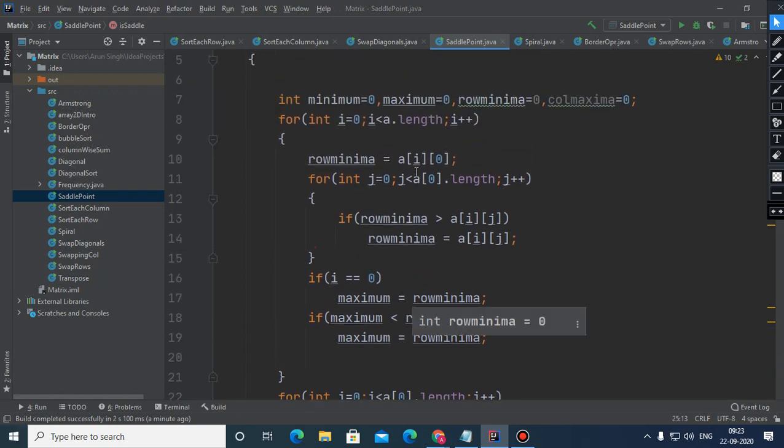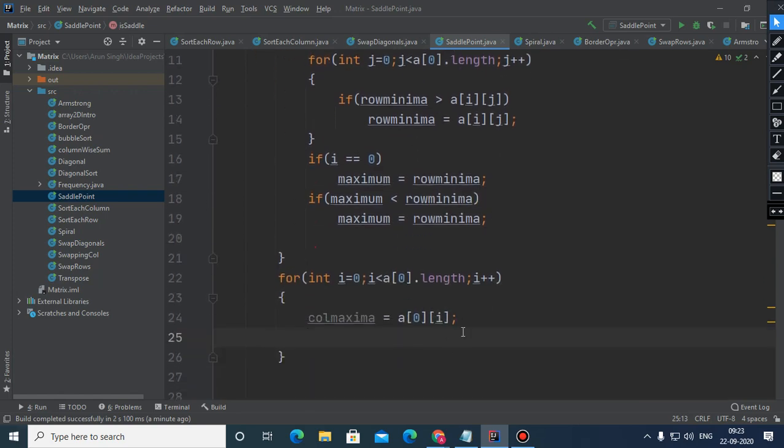Earlier it was i 0, but this time it is 0 i, because for the index numbers of the columns, the first element is 0, 0, the second element is 0, 1, this is 0, 2, this is 0, 3.